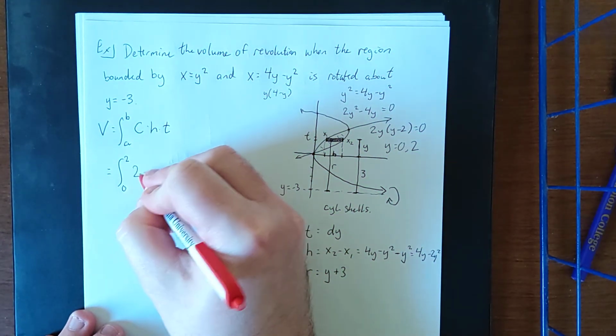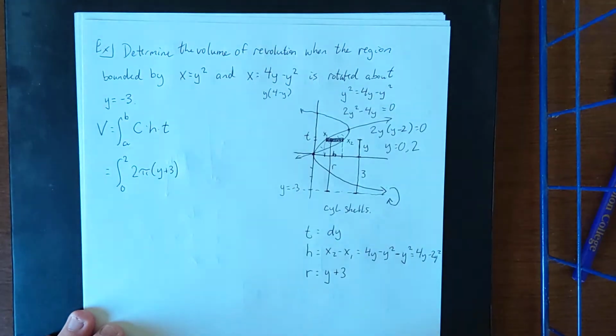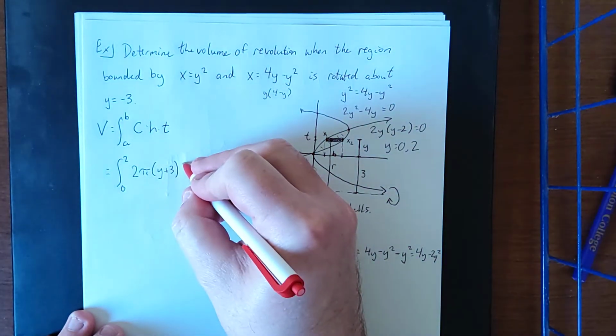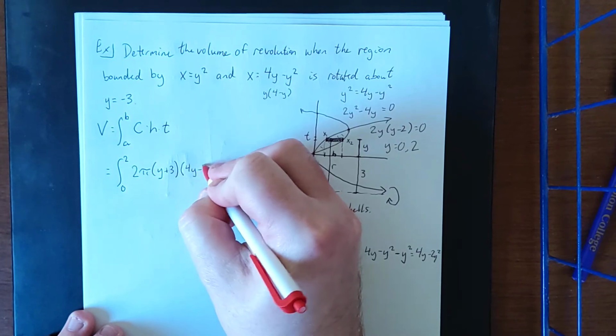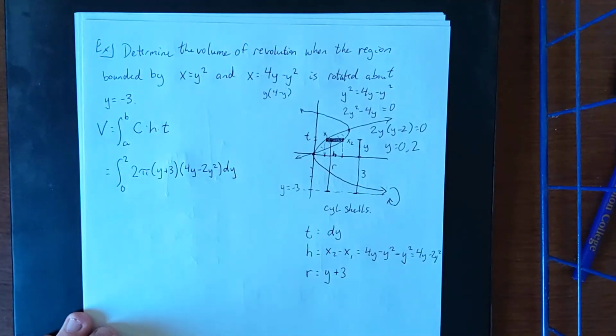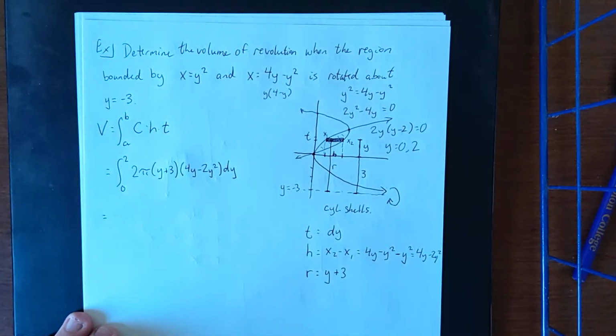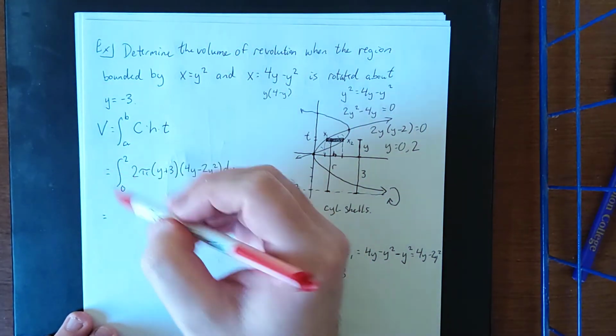Circumference is going to be 2 times pi times the radius, which is y plus 3, times the height, which we calculated to be 4y minus 2y squared, times the thickness, which is dy. This would be the setup of the definite integral that we are going to be evaluating. Now from here, to actually evaluate this thing, we're going to factor out the 2 pi,